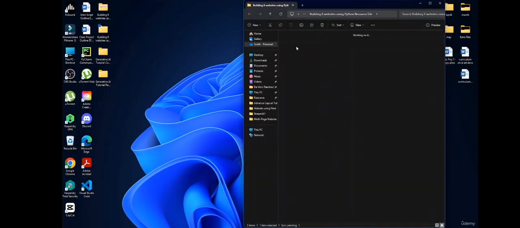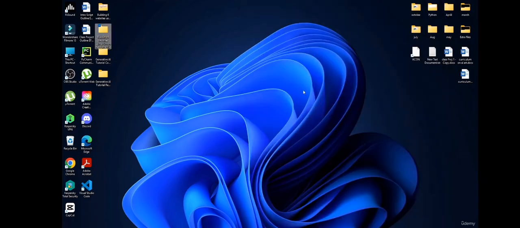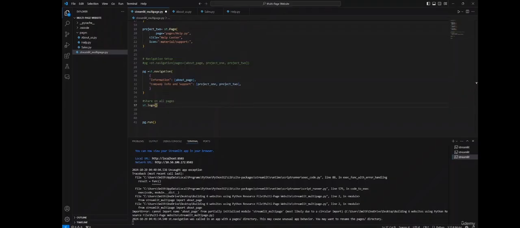Okay, let's go to the multi-page website, and the same way I can go to VS Code. And under this place, right over here, I am going to create a new folder and name this one as